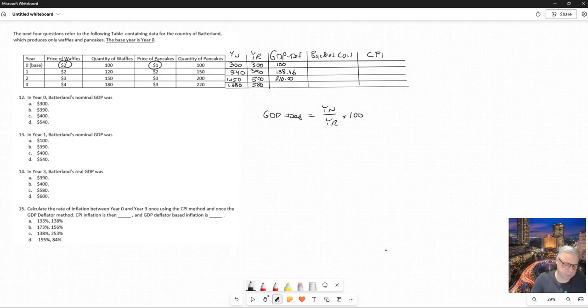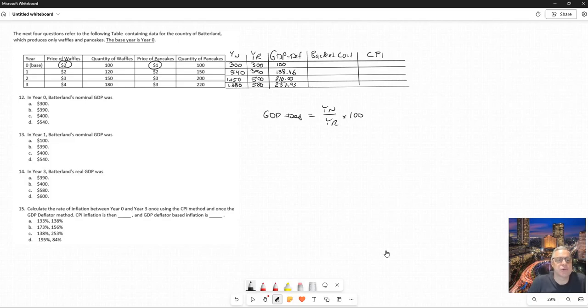And the last one is 1380 divided by 580 times 100, so that is 237.93. Okay, perfect. So now we move next to the CPI, and here we need to